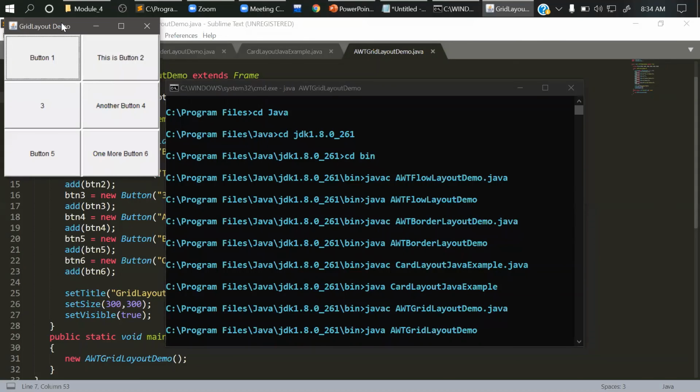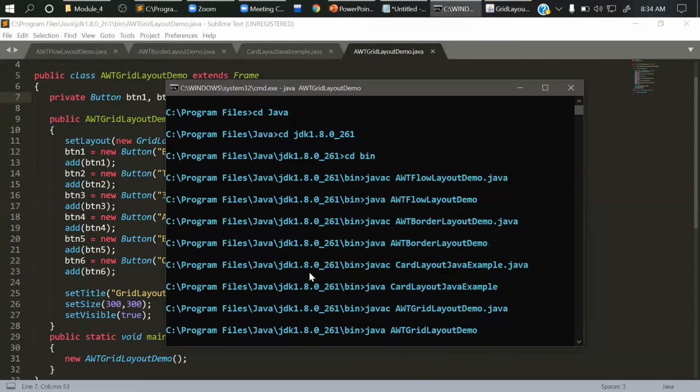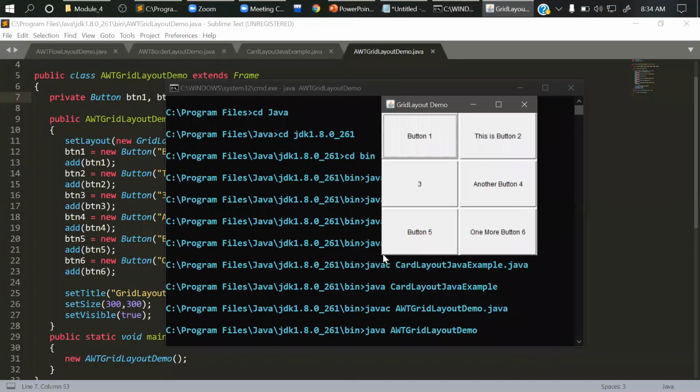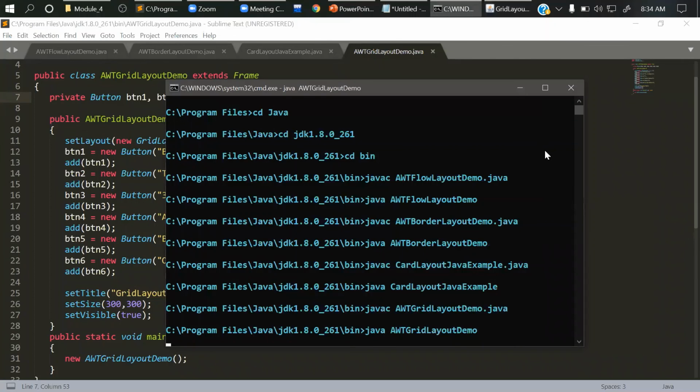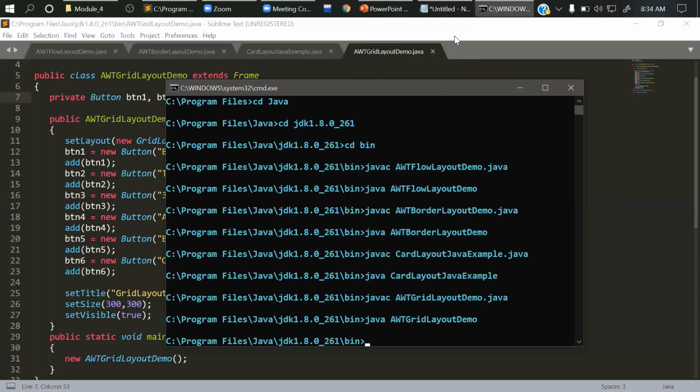This is the actual output; you can see if I drag it, all the components will be placed accordingly into the same size of this entire grid, even vertically or horizontally, and this goes on changing. Okay, so this was a demo regarding the different layout managers used in Java.